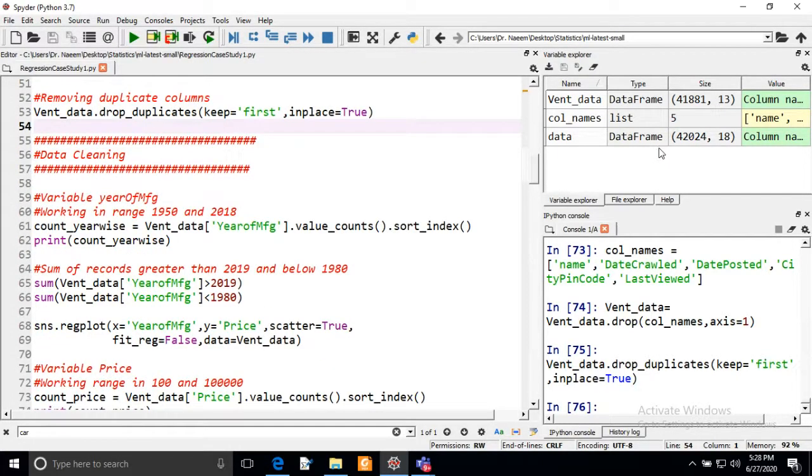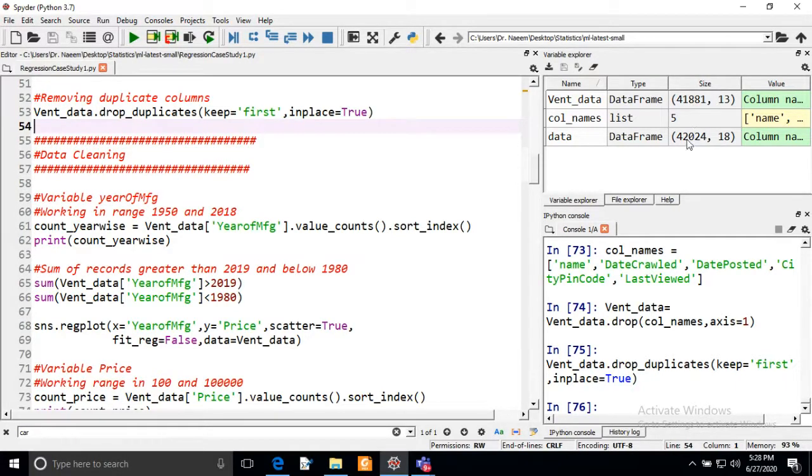If you look at these two data frames, the original data frame and vent_data frame, you can see the original is not affected because we have created a deep copy of the original data frame. And when we execute the drop_duplicates function command, it has removed some duplicate samples from the data frame, and we have received 41,881.